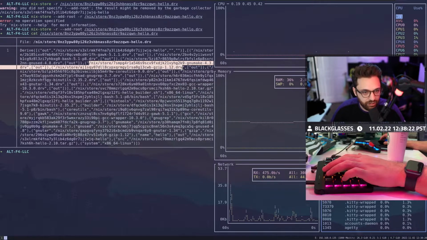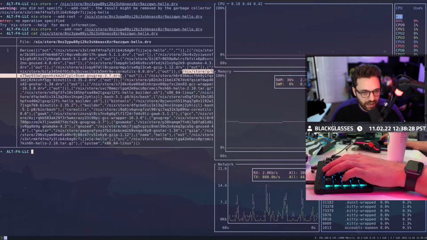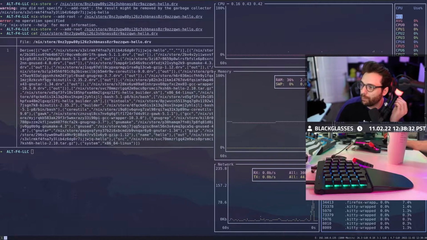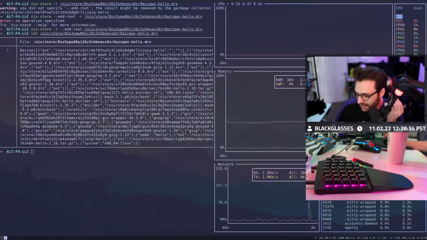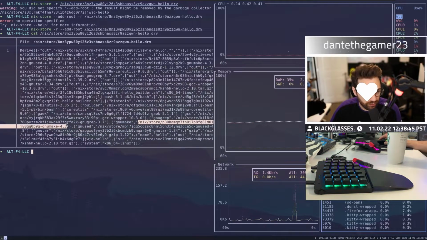Here's a path to gzip. Here's a path to coreutils. Here's a path to GNU grep. All of the dependencies that we need. But if we talk about a build system and needing to build software appropriately, it probably makes a lot of sense to know where everything is and have really good automation around knowing where everything is.